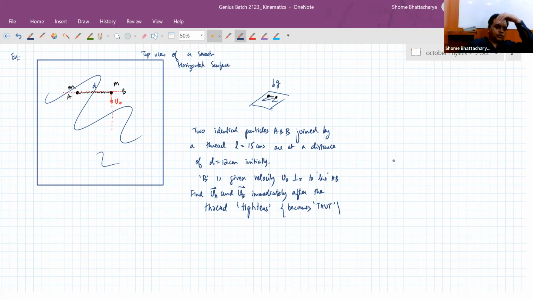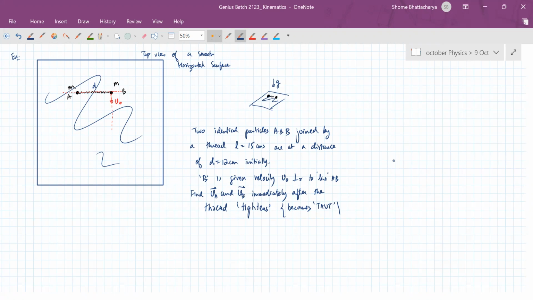For example, if you think along the lines of Newton's third law and how it acts within a system, that every action has equal and opposite reaction, then Newton's second law or even Newton's first law, that if the net external force on a system is zero, its rate of change of momentum should be zero. It should continue with its state of uniform motion.